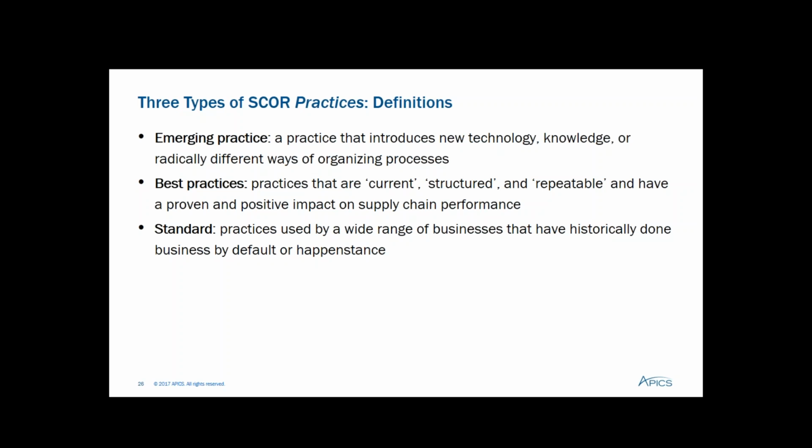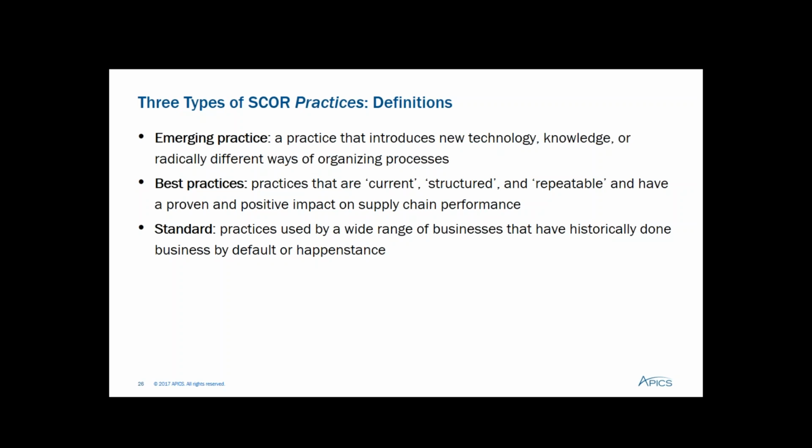Best practices are defined as practices that have had a proven and positive impact on supply chain performance. They are categorized as follows: current, which means not emerging and not obsolete; structured, they feature a clearly stated goal, scope, process, and procedure; proven, they've been demonstrated in a working environment and linked to key metrics; repeatable, proven in multiple organizations and industries, though they will not yield the same performance results for all industries and supply chains;